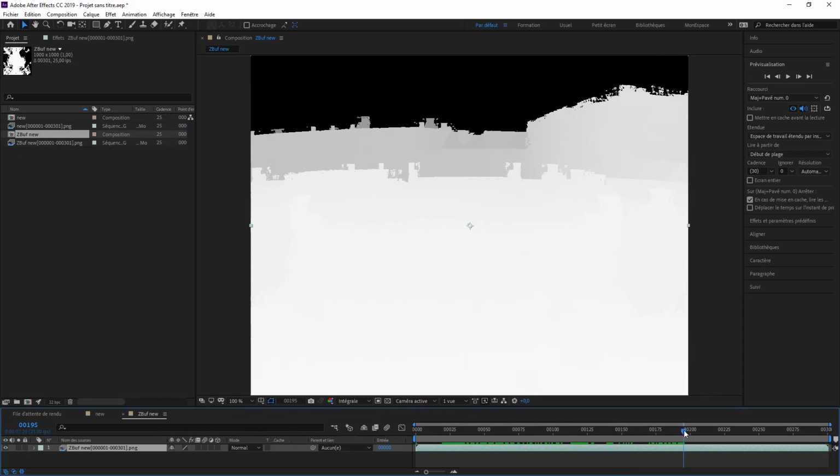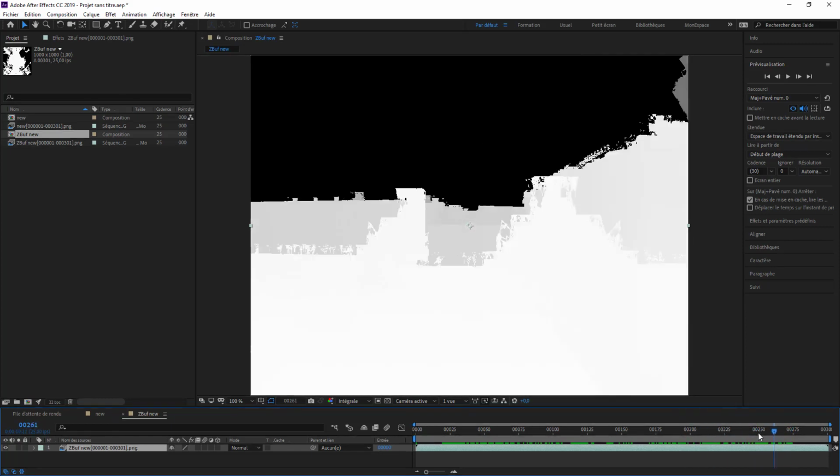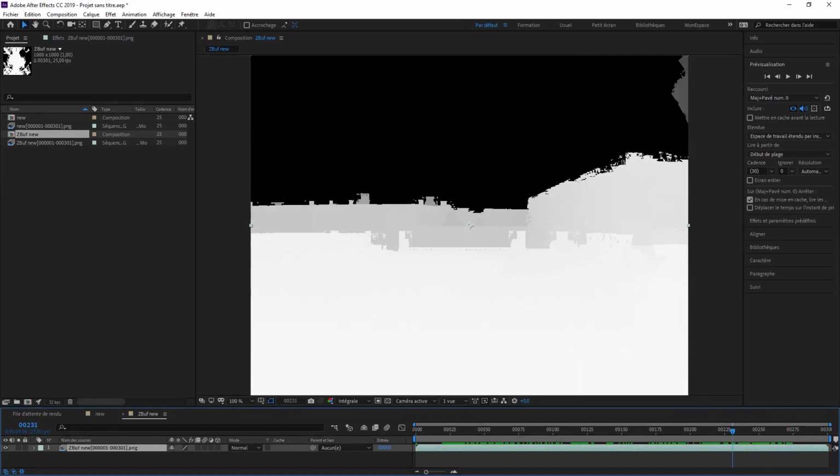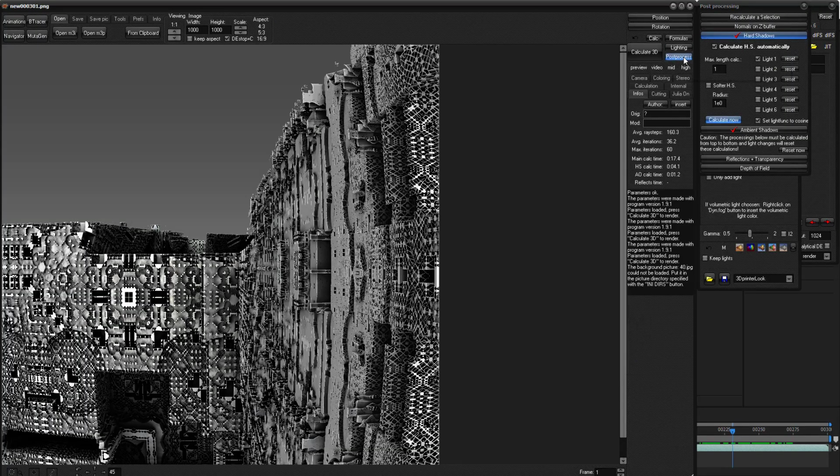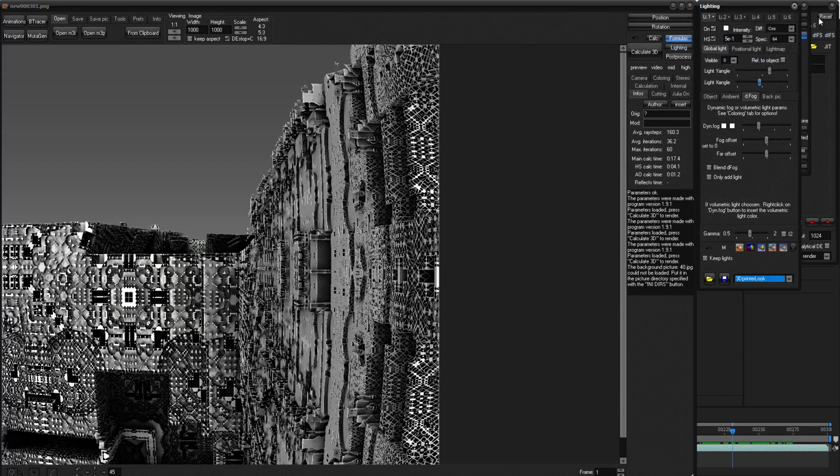So we will use it to make depth of field, even if you can make it inside Mandelbulb 3D, but I didn't do it because it makes the tutorial so much longer, because you see it's that depth of field there, you can adjust it here. But yeah, like I said, there are so many settings, I can't explain everything here today. You see, for lighting, you have all this tab and so on, so it's not a very complex software, because when you know, you will see it's very easy, but you have to learn it.